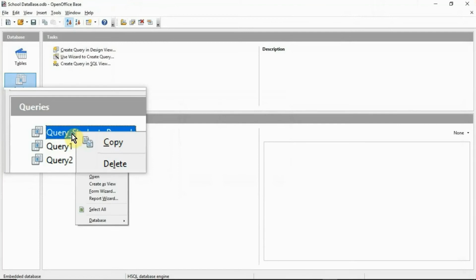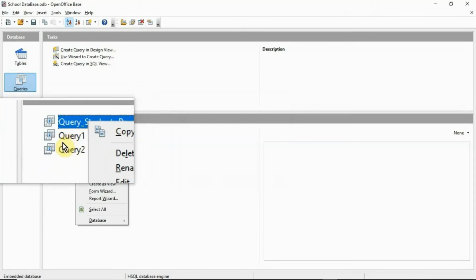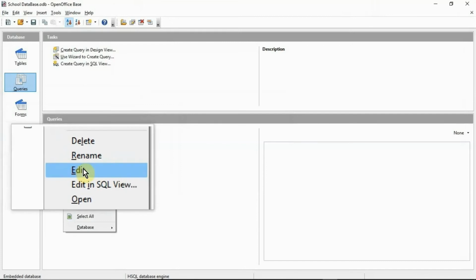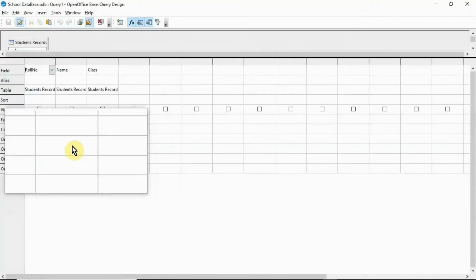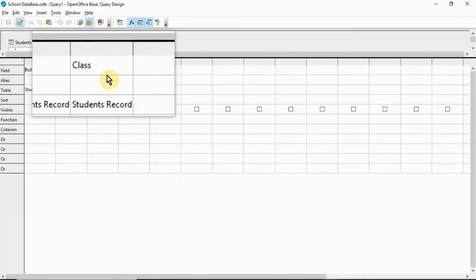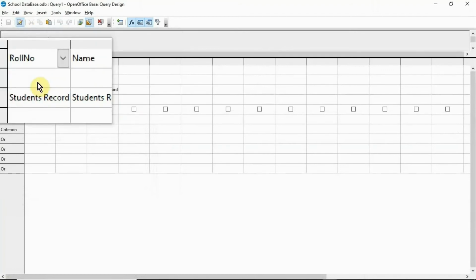And the second method for editing: select your query and then right click and then click the edit option. This is a design view, and then here select your field where you want to edit it.